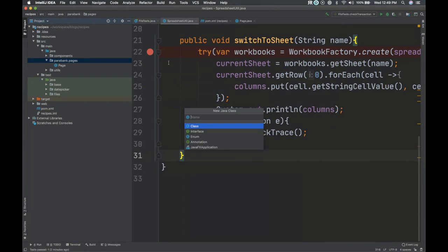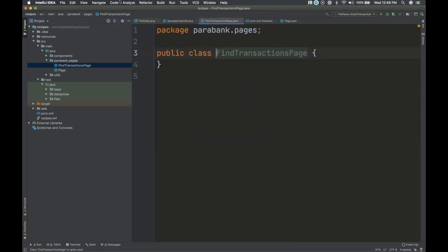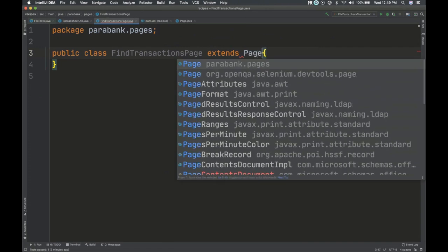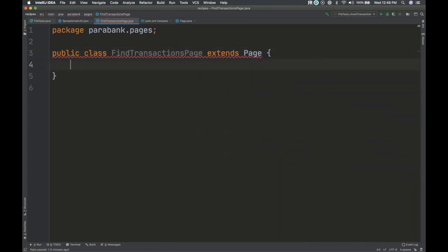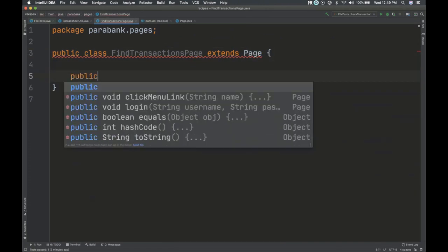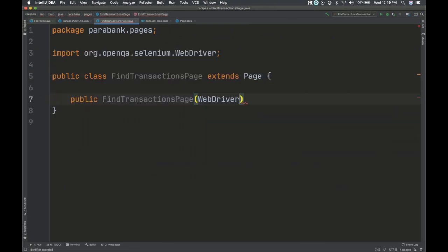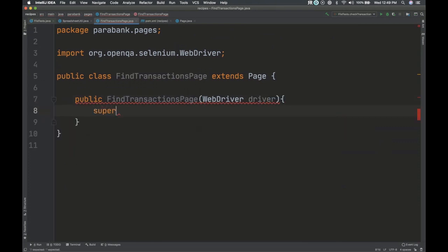So let's quickly make that. Find transactions page. And we'll extend that page. We need a constructor. It's a WebDriver. And since I am inheriting from page, I can just call into their constructor.